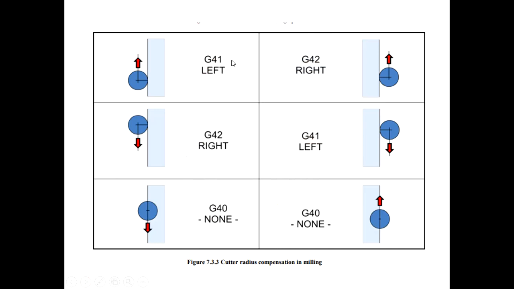So this is also an example of G41. You can see this one is the program surface and you have to compensate to the left side. And this is the program surface and you have to compensate to the right side like this. Then if you are coming in the downward direction, this will be G42. Again this one is the downward direction, then this will be G41. In this direction you are going like this. So this is how you select the G41 code or G42 code as the cutter diameter compensation for programming.